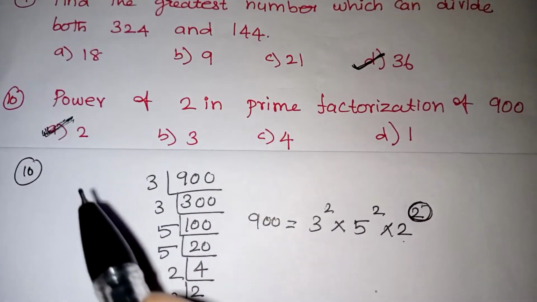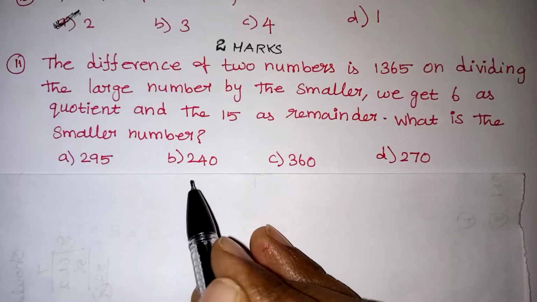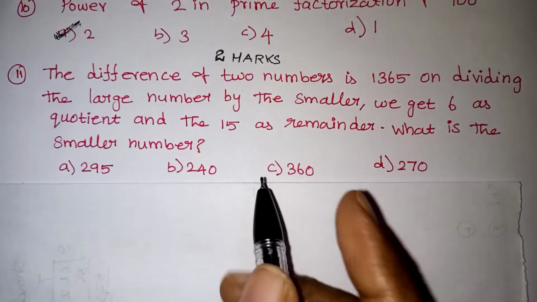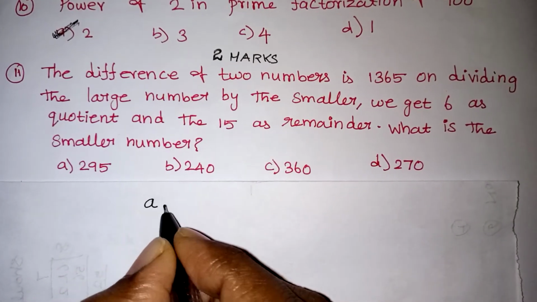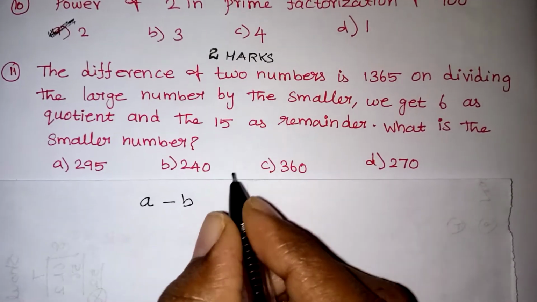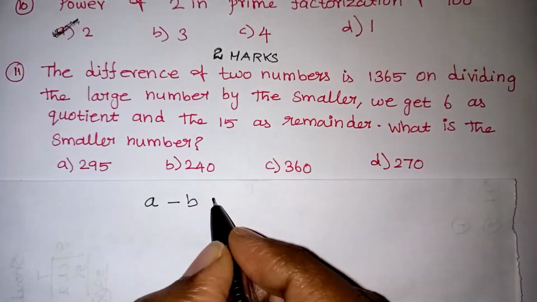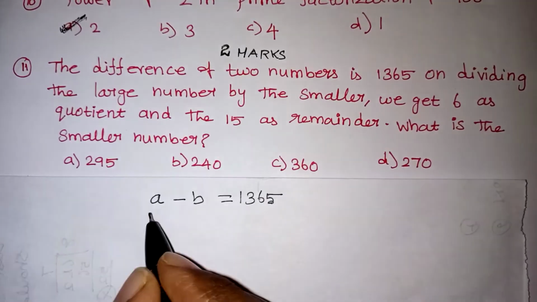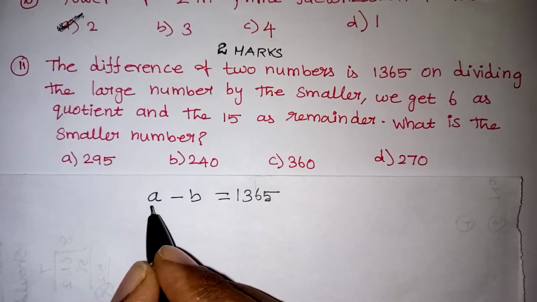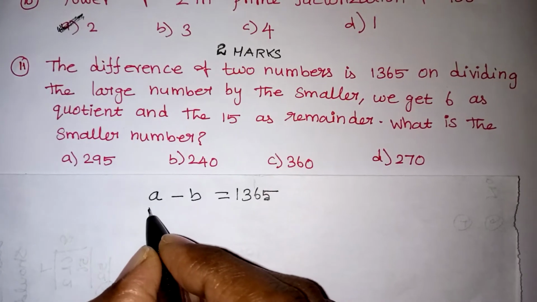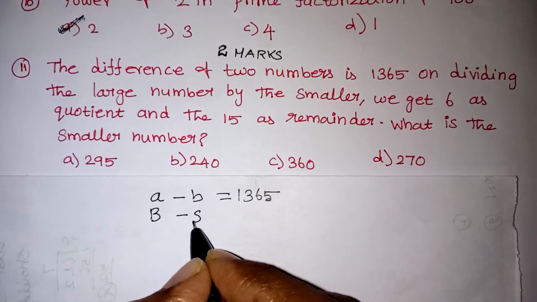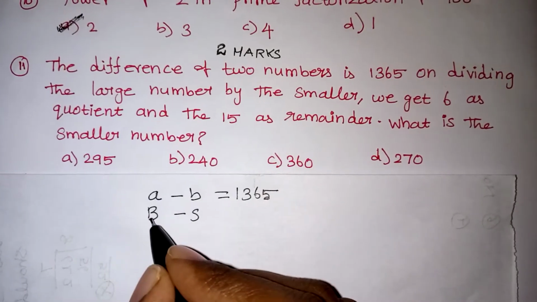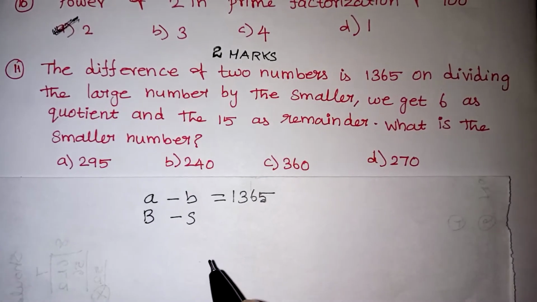We'll move on to some 2 more questions now. So here our question is, the difference of 2 numbers is 1365. So let us take the 2 numbers. One number is A, the other number is B. Let us consider the difference between, means minus, of these two numbers is given as 1365. Now in these two, we need to find out which is the big number and which is the small number. Definitely the first number will be the big number, the second number should be the small number. Then only we will be getting a positive number as the answer. So definitely the first number is big. So A is a big number, B is a small number. You keep it in mind.